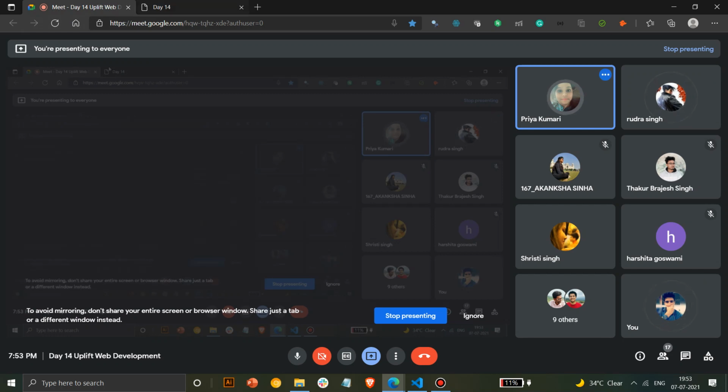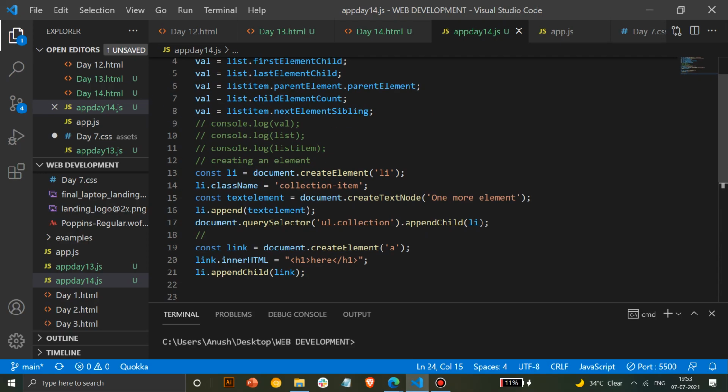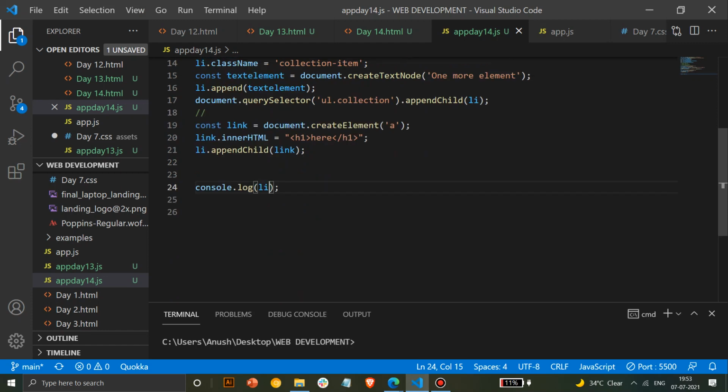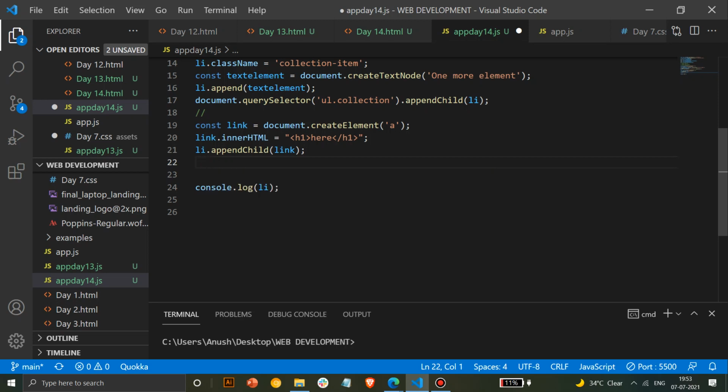JavaScript is complex also, because it has a small number of topics, but it is complex. But there are so many libraries we are using, so you don't have to remember all JavaScript things. You don't have to remember the code every time. Don't worry. You can refer to the documentation, or if you just click dot, you will get a lot of options. If you create li dot, you will get all the attributes that can be used here. You can check them anytime. It's an editor, it has some intelligence, so it will help you.